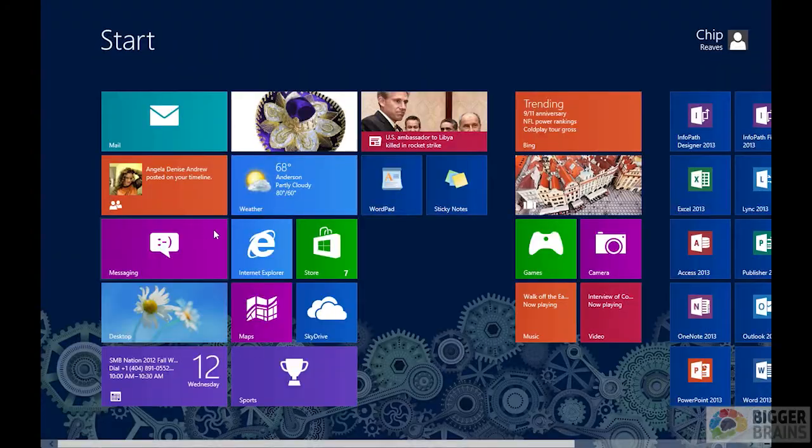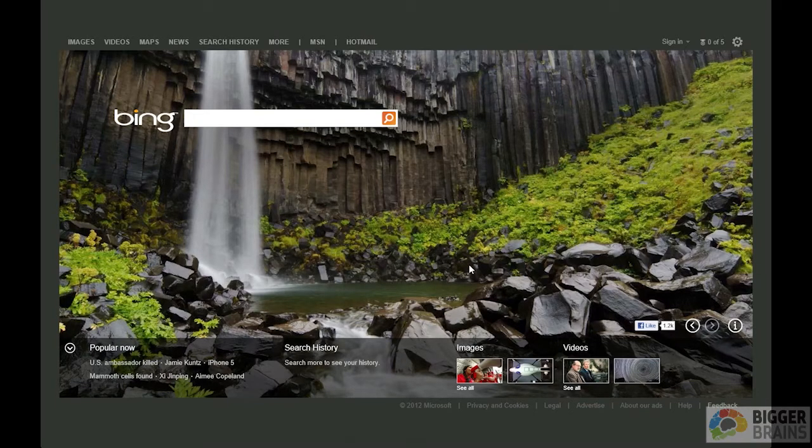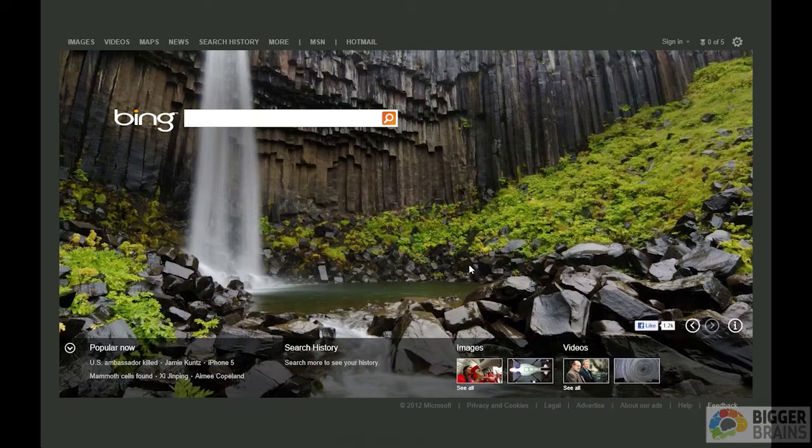Okay. If I click on Internet Explorer here, what I get is a web browser that's very much like the traditional Internet Explorer, but it's in a Windows app style. So there's no menus apart from what's on the web page itself. Wow. If I wanted to type in a website to go somewhere else, I have to know how to do it. Yes. Right-clicking with my mouse on any open spot on the screen,